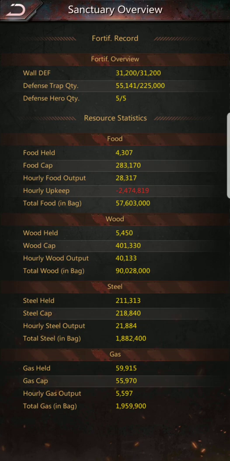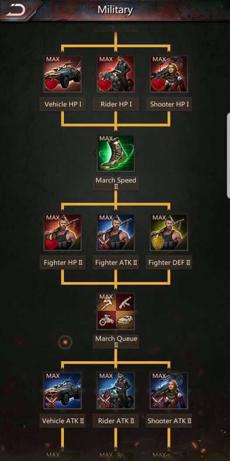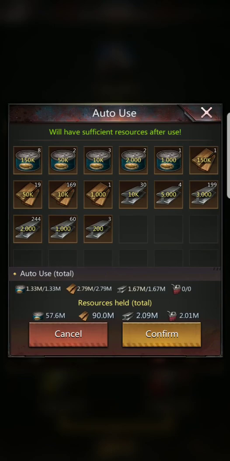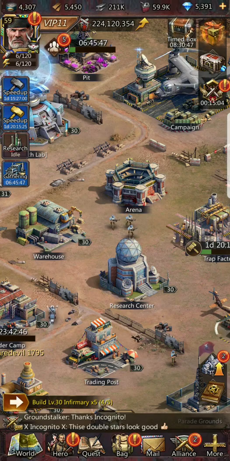So this is the resources that I have for building and research. When I do decide to research something, I can come in here and go down in my tech tree, find something that I can upgrade, and just hit the research button, and it'll tell you how much resources you need and if you're going to have enough. It'll say we'll have sufficient resource after use. So you don't have to count your bag or keep track of it that much. You'll be able to hit it and see exactly what you need for that. So saving resources in your bag is critical, especially when you get up to higher levels and